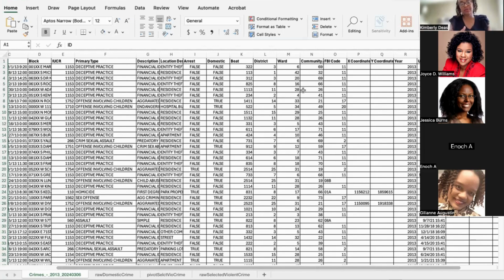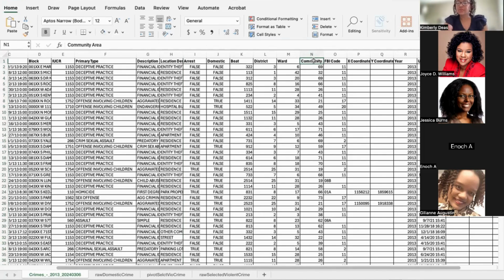Now, I actually put the changes that I'm going to do into the KNIME workflow because I want to show you some functionality with KNIME. But normally, this is something I would do going in. I would know that this column here, community area, they call it community area here, right?